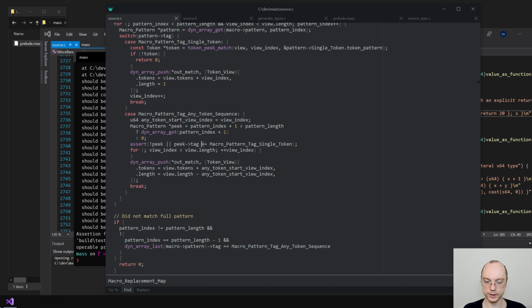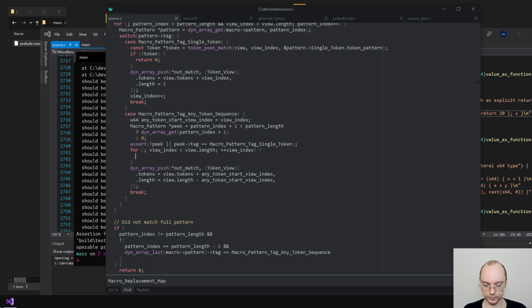So we expect this delimiter to be a single token, and I will modify the definition to support that correctly. And now we can say that